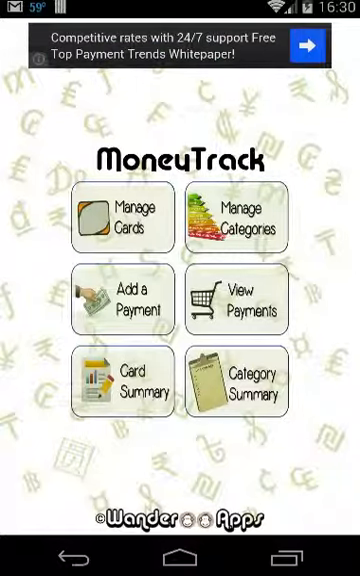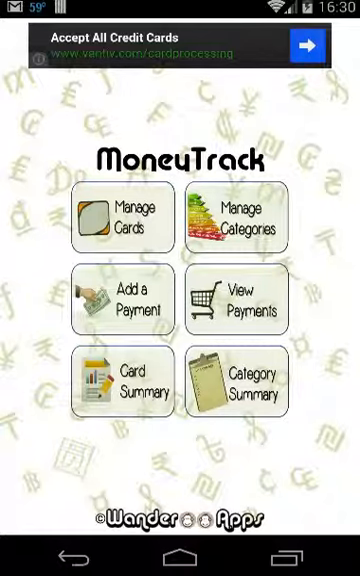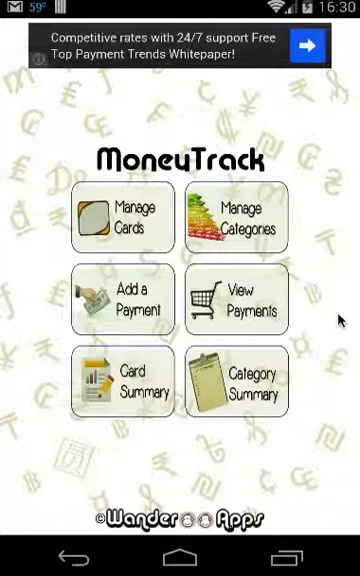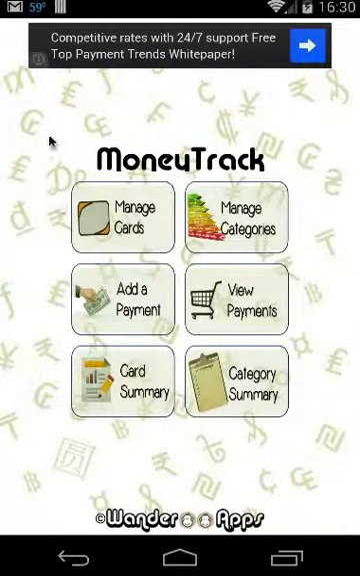So, for our directed research project, we have created an Android application called MoneyTrack. This application is basically targeted to those people who find themselves unable to manage their credit card or debit card expenses. So initially, to begin with, this is the home screen of MoneyTrack, and as you can